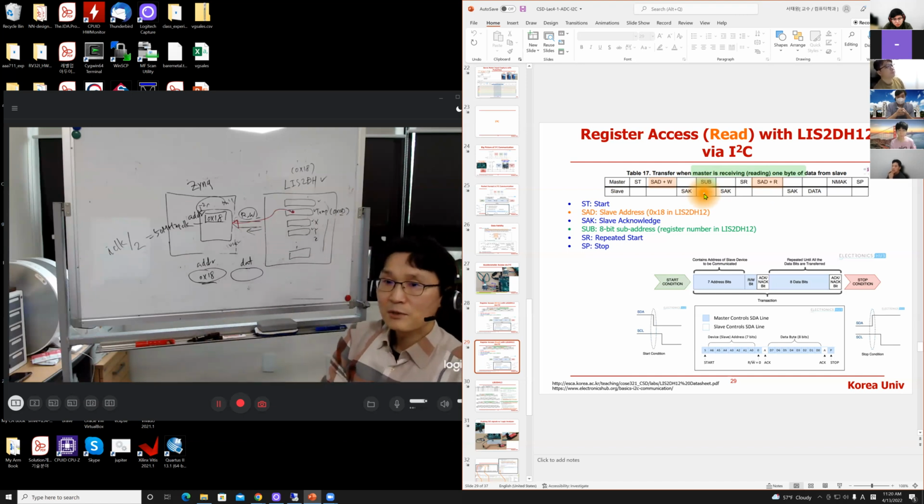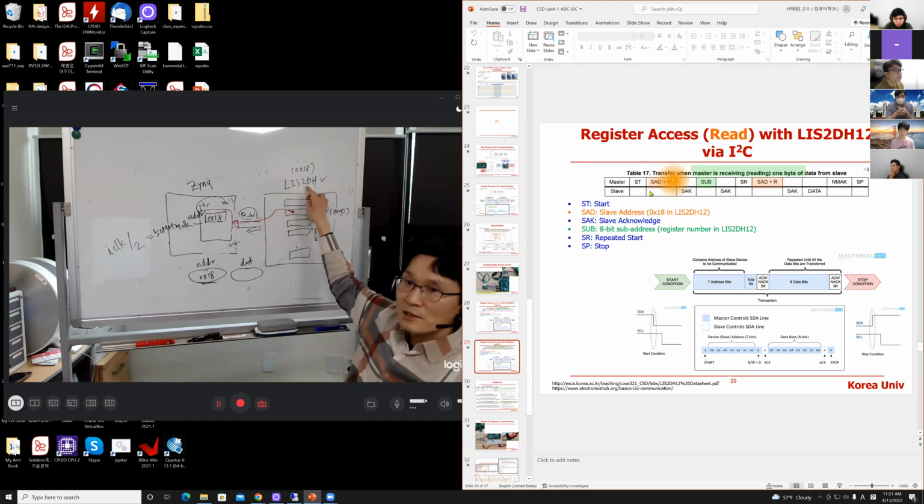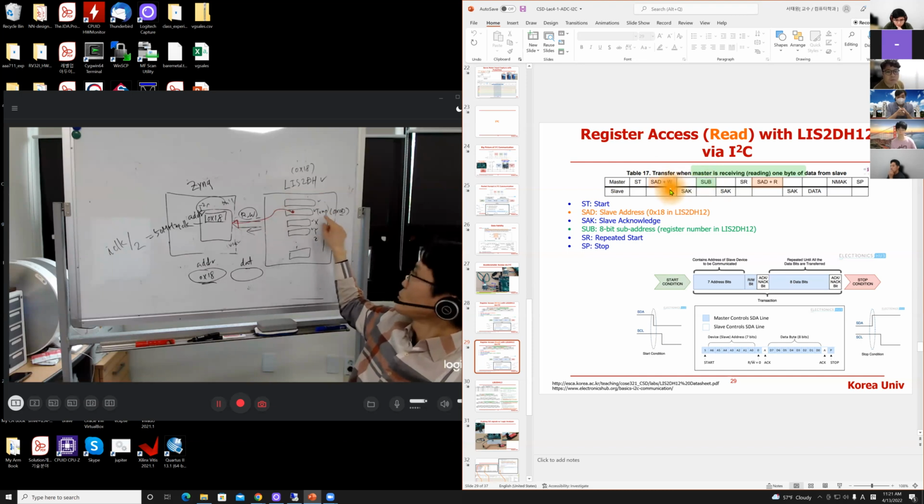Okay, so here again 18, then 0D. Okay, so motion sensor. I want to access the motion sensor, then I want to access the temperature register. So a write transaction means you are writing